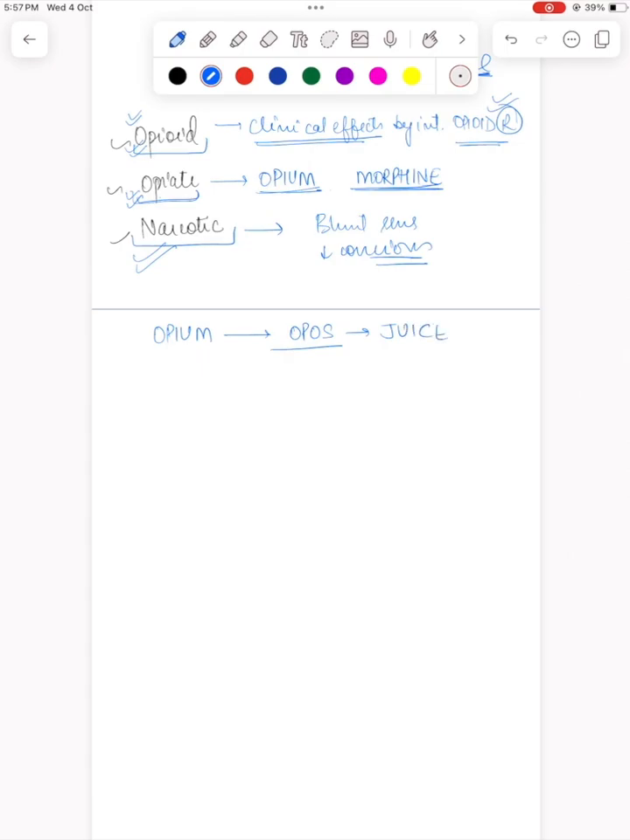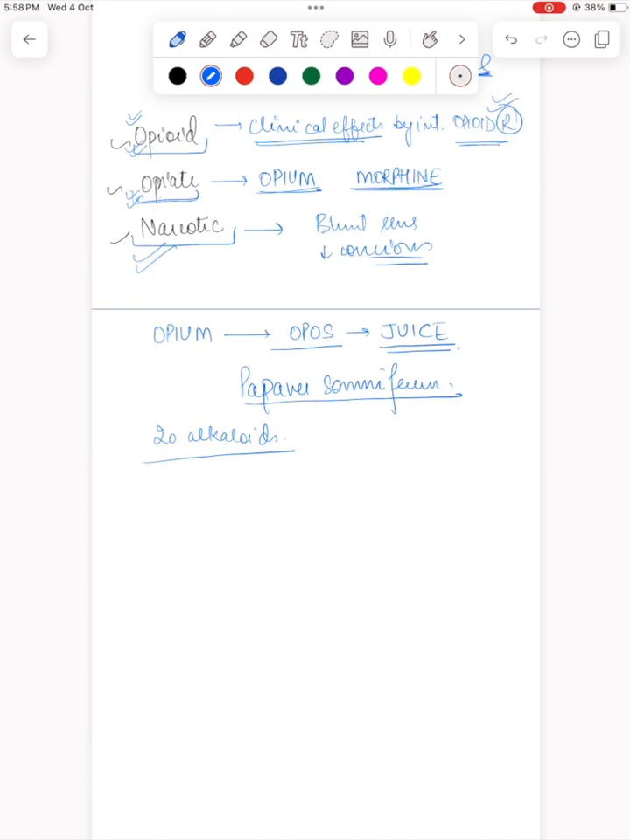And opos meant juice. So opium was actually derived from the juice of the opium poppy plant, Papaver somniferum. Now, I won't be going into the history of opioid use in medicine, but suffice to say that it was very well known from Theophrastus of ancient Greece through to the Middle Ages. Everyone knew about the analgesic effects of opioids. Opium actually consists of about 20 different alkaloids,